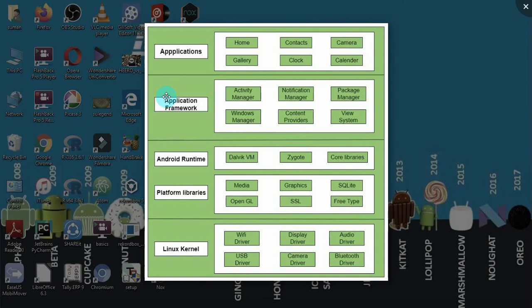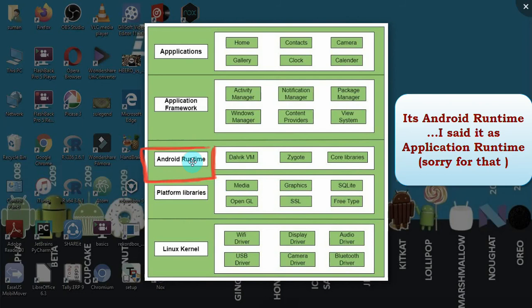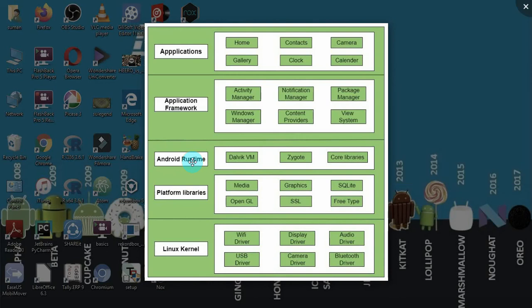Now coming to the application runtime, the next layer. The application runtime is an environment which is an important part. When you're running any file, like running a C program, you say run or compile, and it will execute. Same way when we are running an app, as I told you, we saw it in a mobile. We run it in a virtual device, and that was basically a Dalvik virtual machine. So it has to contain that.